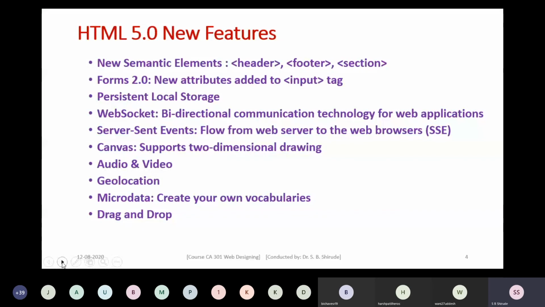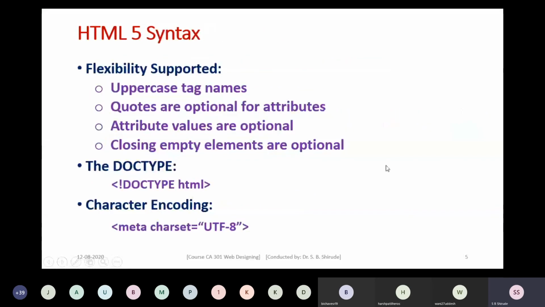Next, we are going to move towards how we can develop our own HTML 5.0 web pages. For that, we should be able to understand HTML5 syntax. HTML5 supports very much flexibility while coding web pages.